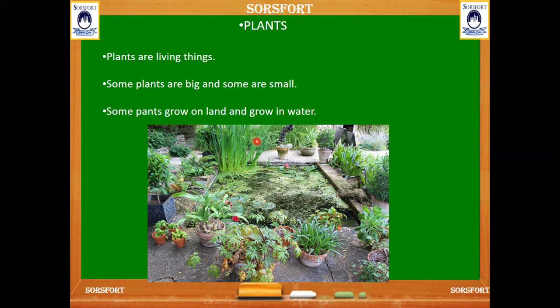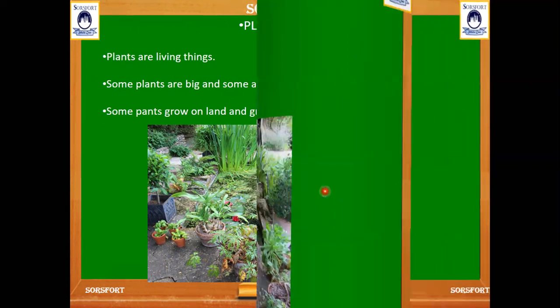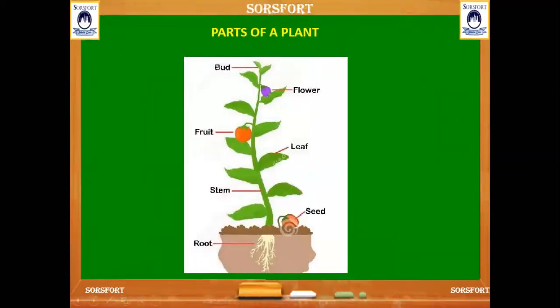What all does a plant need? A plant needs food, water, air, light and soil to live. And here are the parts of the plant. Root, seed, stem, leaf, fruit, flower, bud.